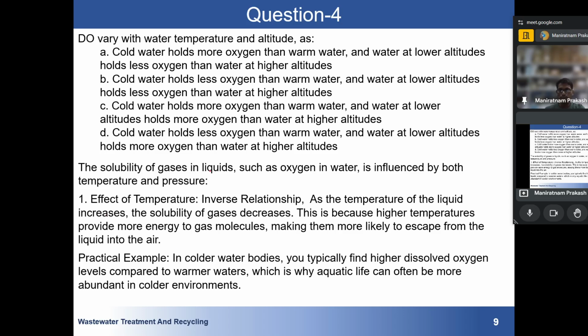The solubility of gases in liquids such as oxygen in water is influenced by both temperature and pressure. Effect of temperature: an inverse relationship. As the temperature of the liquid increases, the solubility of gas decreases. This is because higher temperature provides more energy to gas molecules, making them more likely to escape from the liquid into the air. Okay, this I have already explained. In colder water bodies,